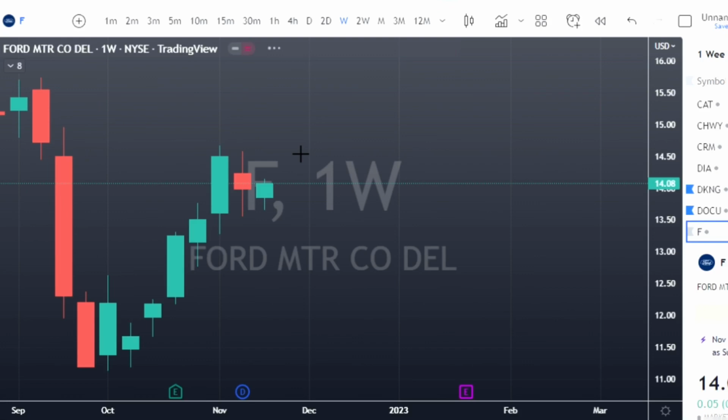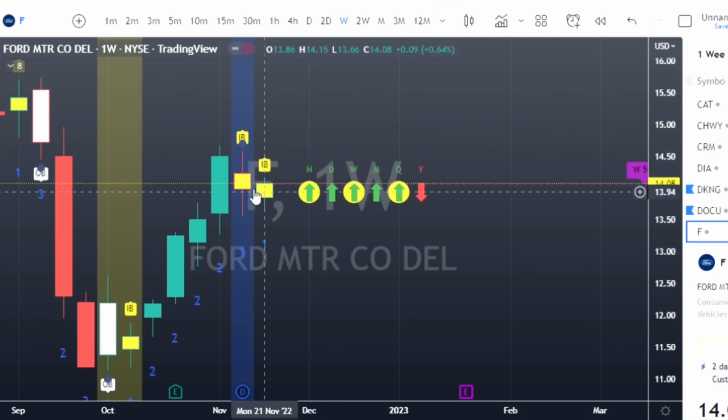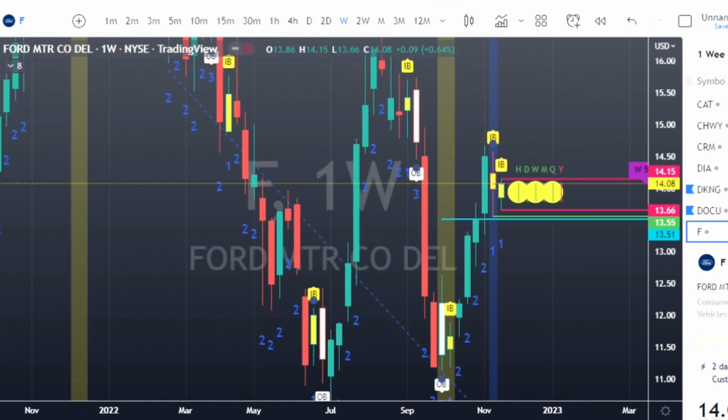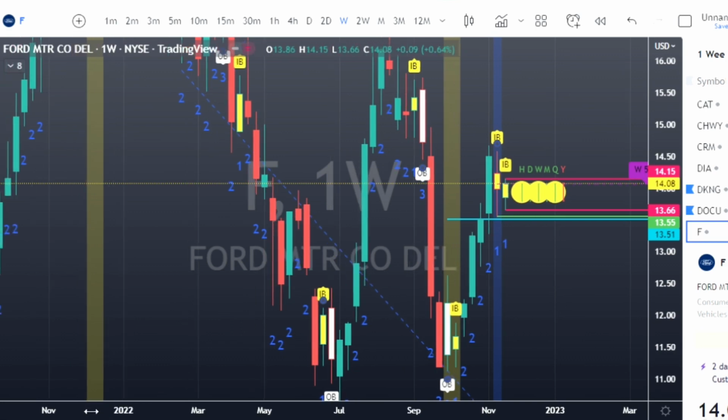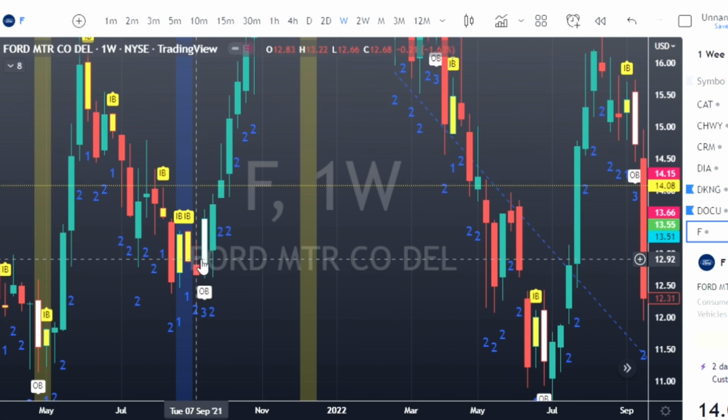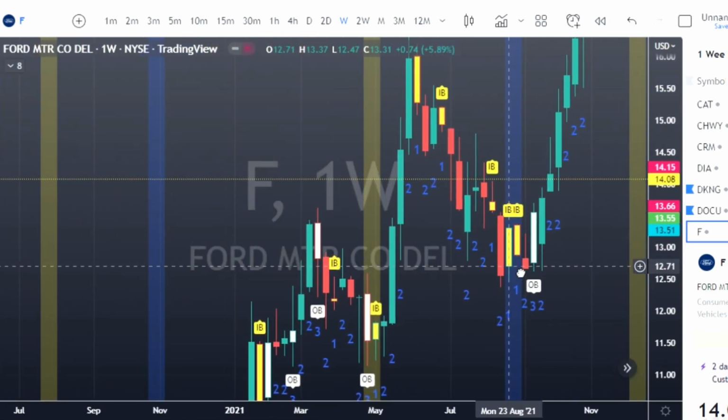Okay, Ford Motor Company, inside bar, actually double inside bar on Ford Motor Company. So the last time we had a double inside bar, this blue highlight, part of the Strat indicator, the gold highlight, part of the Griswold Strat indicator. Let's go back. There it is, double inside bar on Ford, and it was a gap play, okay? So we'll see if we can find one more.